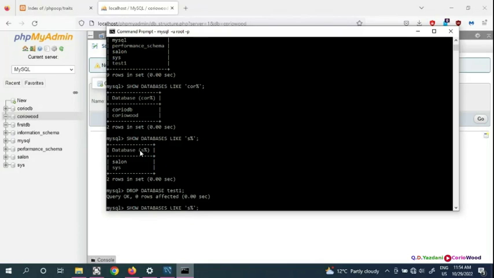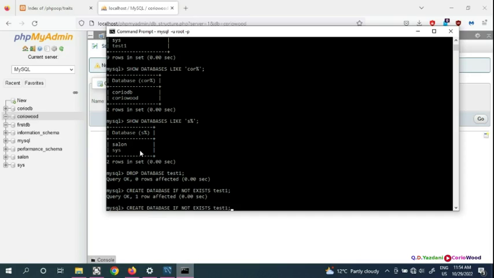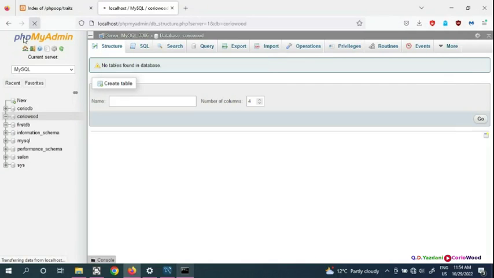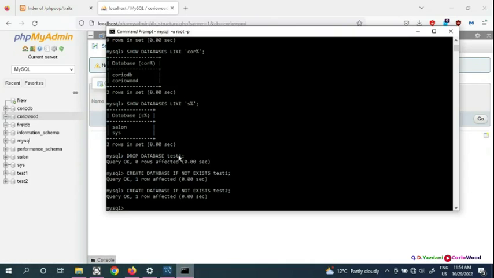And if you want to create, you just put CREATE DATABASE IF NOT EXISTS, say we put test1. Now we can create test1 back, and our database is created. So we can put test2, and our database is created for test1 and test2. So you can see here both databases are created. So that's how the operations we can do in MySQL with our command